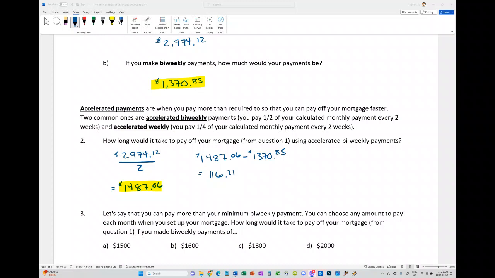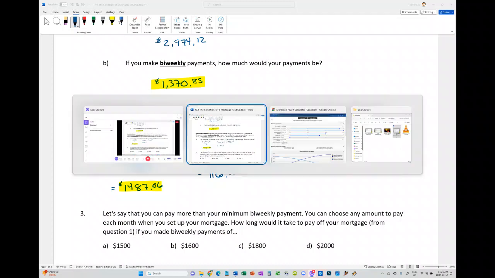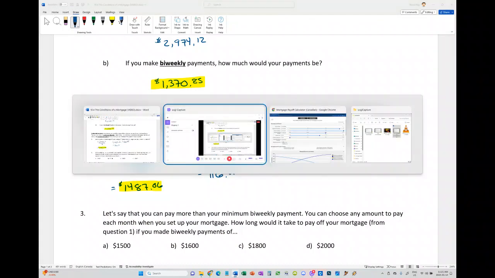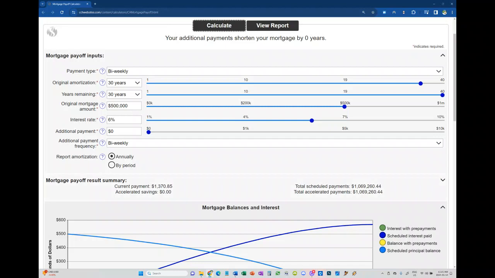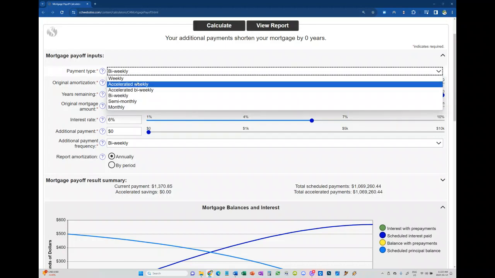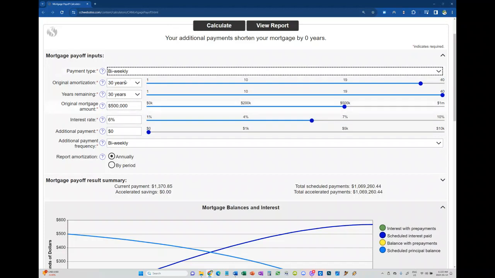So now what I'm going to do is go over to our calculator, and on the calculator, I'm going to make those couple little changes. We could go to accelerated biweekly manually, but I just want to show you how it works to enter it in when we want to make an additional payment. So our regular payment is $1,370.85, but we're going to choose to pay